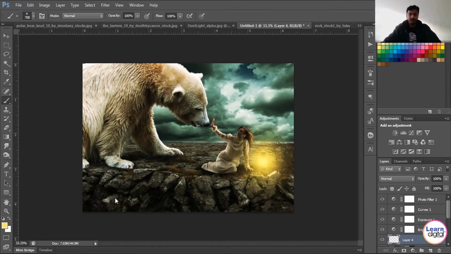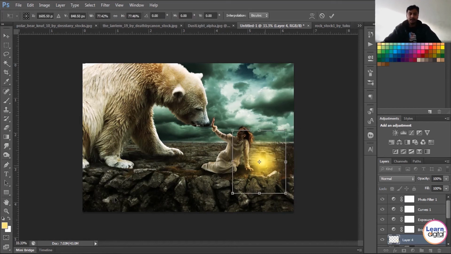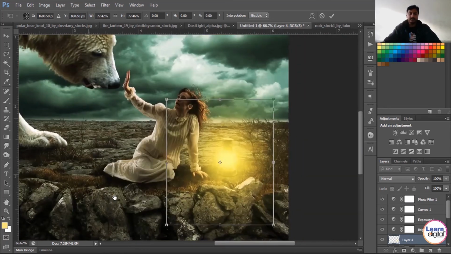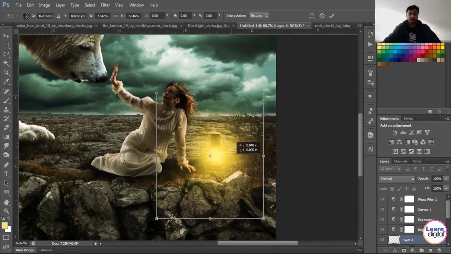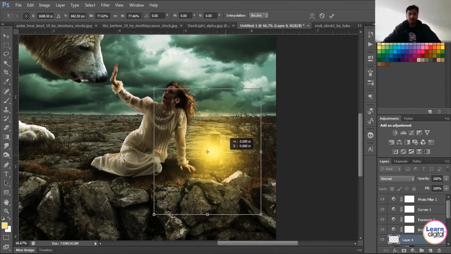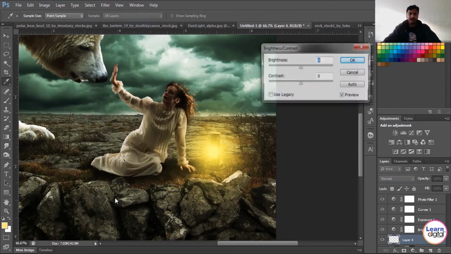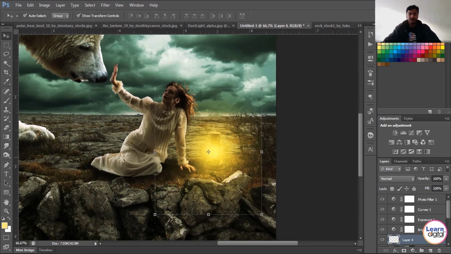Yes, you can see it's too much brightness. So you can decrease the size and make sure you are using a hardness zero brush. Then only it feels like the light is scattering or spreading over there. Wherever you need, place it, like inside the lamp or very near to the lamp. Then here, directly without an adjustment layer, I'm adding brightness and contrast to the particular layer. Yes, so place it.